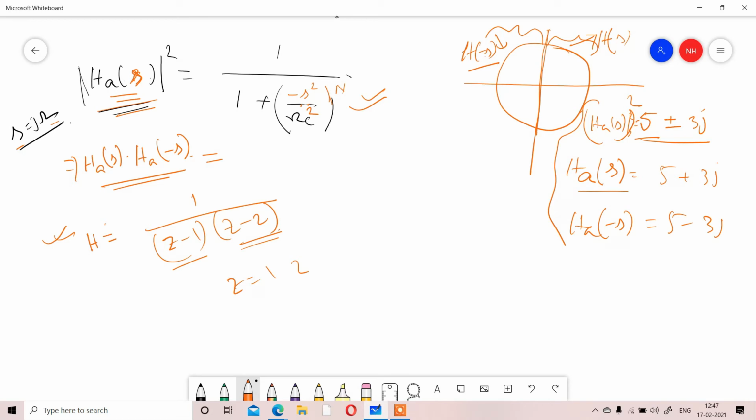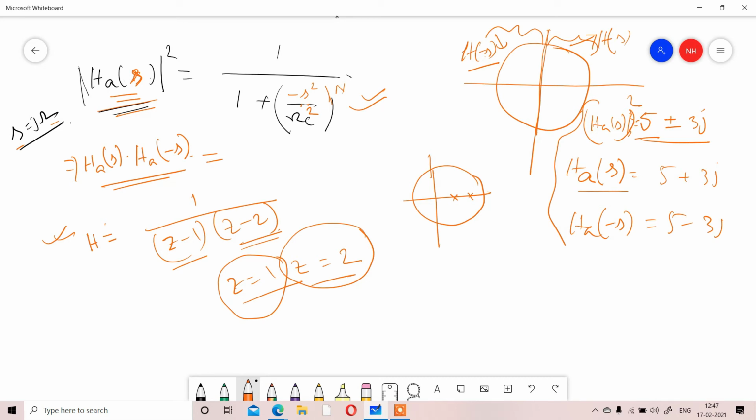I am simply trying to, it can be done directly, meaning it can be understood by looking. Okay, whatever technique you need to use, you will use. I am not going to that point. I am just saying that you have z equal to 1 and z equal to 2, two poles, that you need to consider to present the S domain.